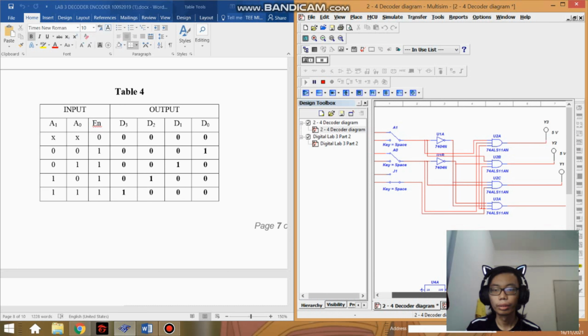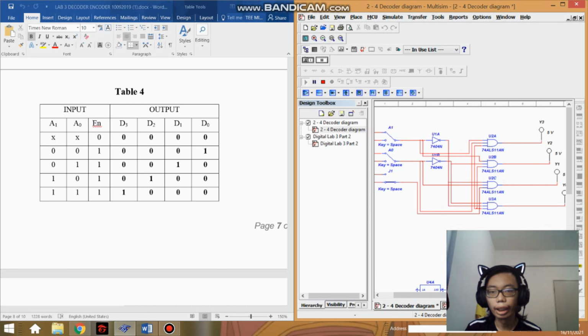Okay, you see, when we close the enable input, no matter how you switch on, switch off, giving input, activating, whatever to A1 or A0, there's nothing it will do, because the decoder is inactivated. So we turn on the enable input. Okay, we activate the enable input,